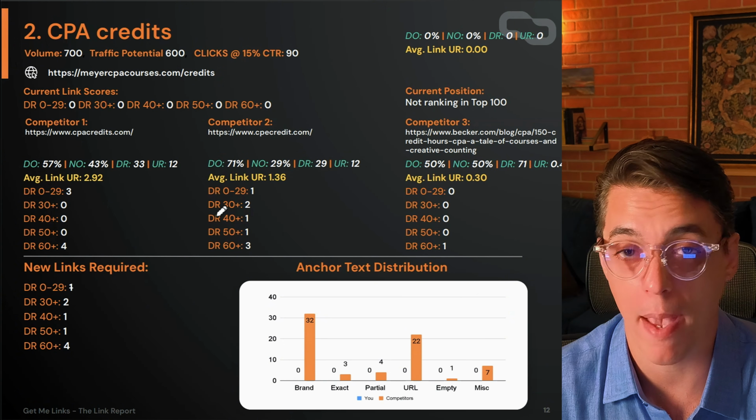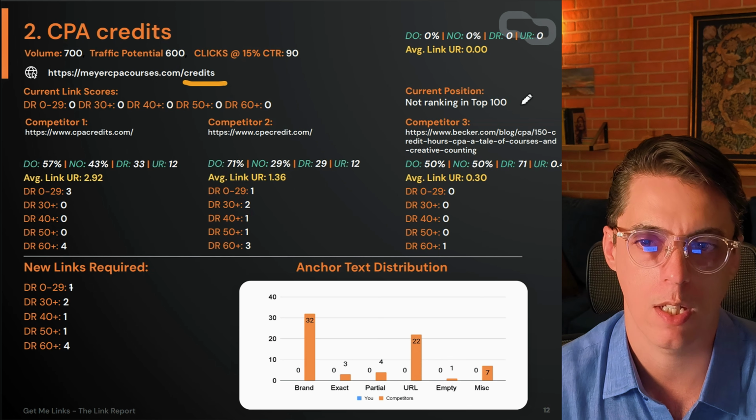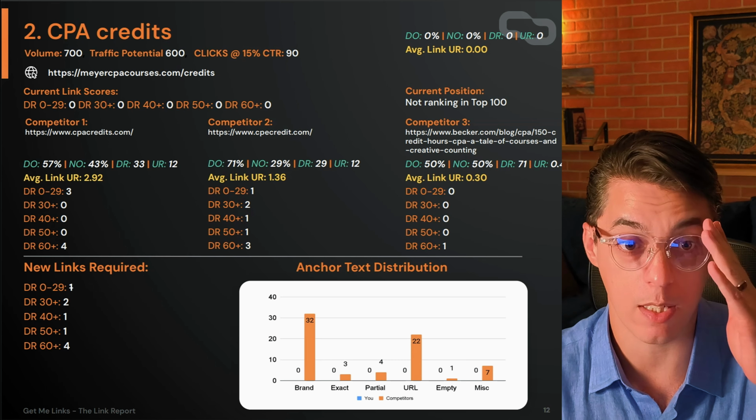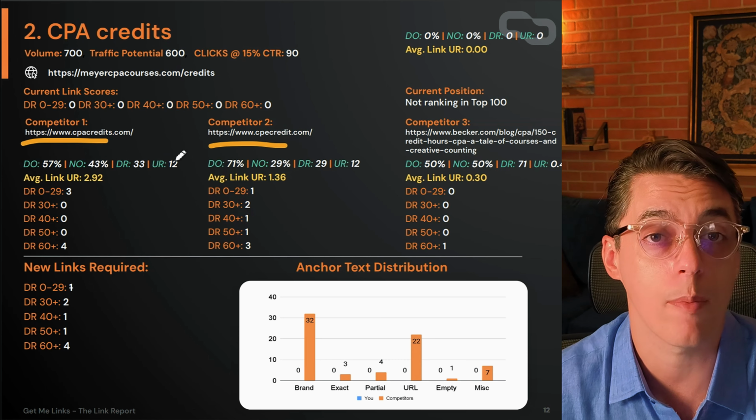If I do better on page, if I do some more supporting content around the idea of credits, you're gonna have to compensate from other sides. This is how you stay realistic as well. I know they have an advantage. I need to get an advantage somewhere else. I need to make a faster website, have better UX, and make sure that I send more clicks. Maybe I get a little bit of micro workers, CTR manipulation, once I start appearing on page 1 to increase that and feed enough signals,